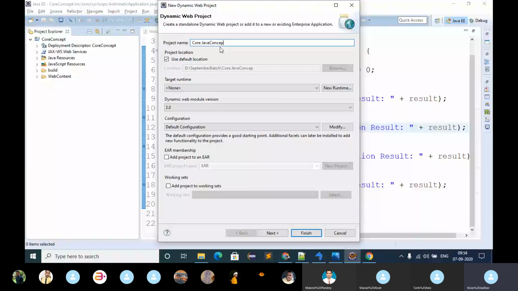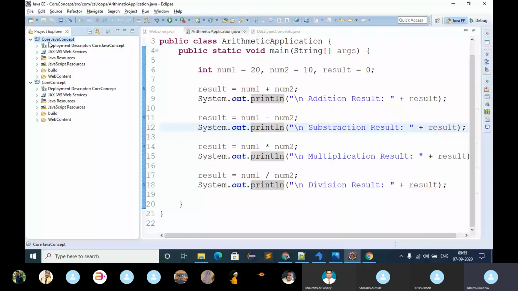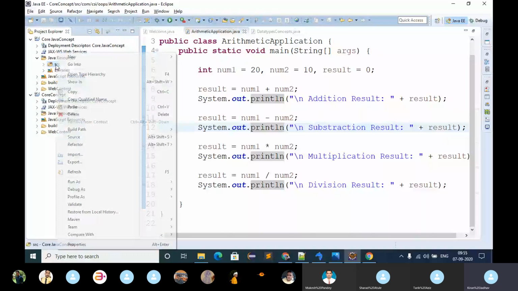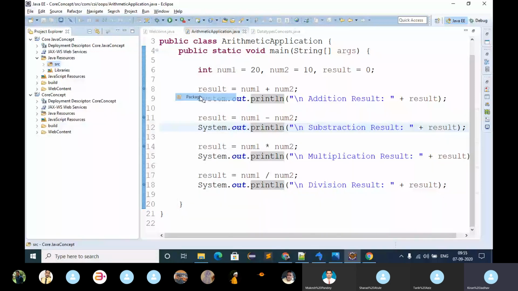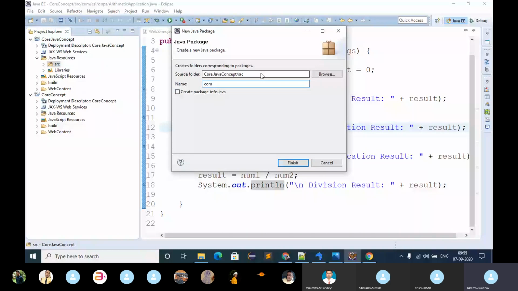Once you finish, go to this particular project, go to Java Resources, right click on src, new package. The package name I am going to give here is com, it means OS level core level package, com.csi, it means Credit Systems India, this is the company name, and here I am going to give core logic. You can give any package name as per your requirements. Package name, all letters must be small. Then click on finish.